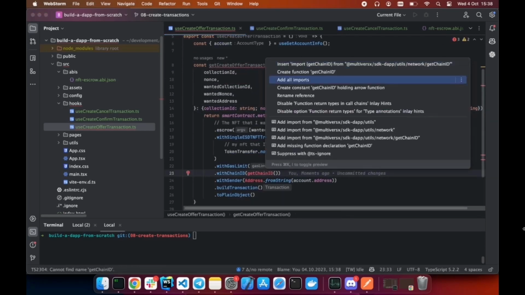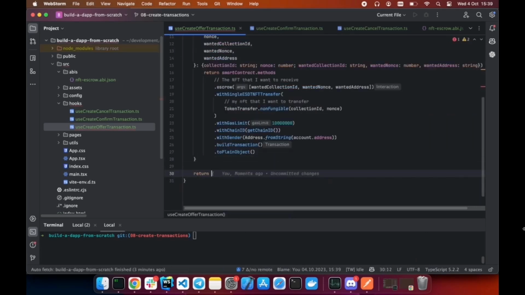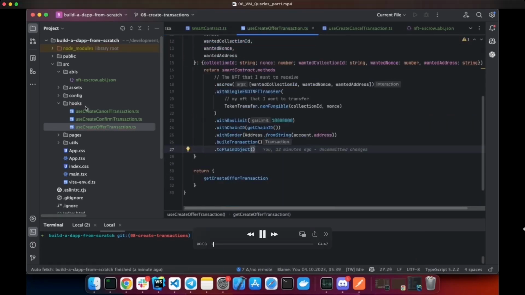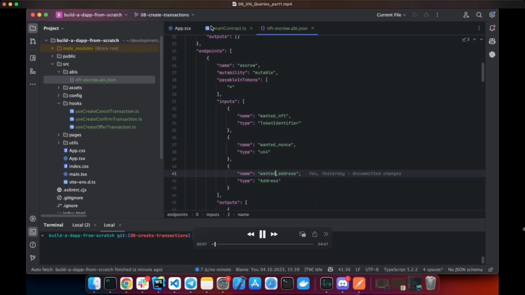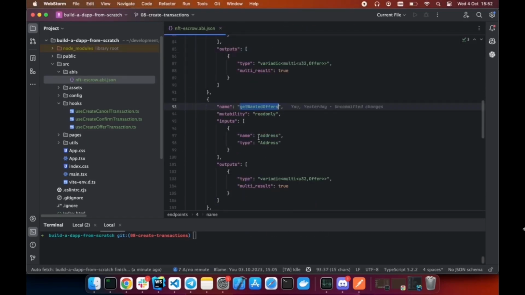Okay, this would be about it. Make sure we are calling the chain ID, and we're almost done. We're returning the function at the end. Now that we have created these transactions, let's look a bit at what we are missing here in the ABI,